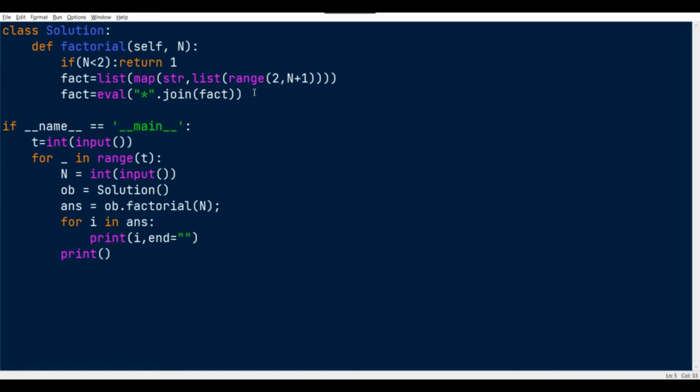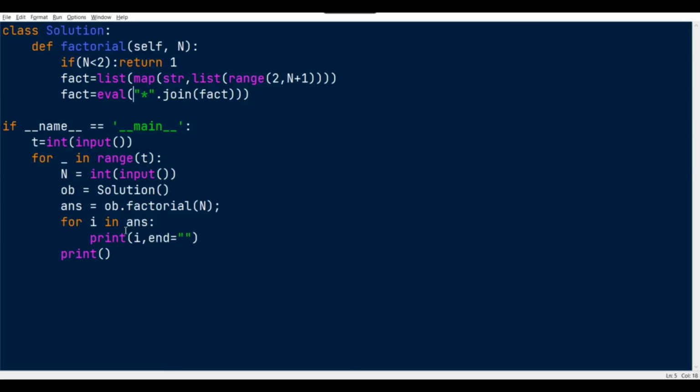It will return the value as an integer, but here they have used an iterator for the answer. They have created an object for this solution class and they have called the factorial. We just need to return the value, but instead of directly printing the value, what they did is iterate the values and print each character one by one.